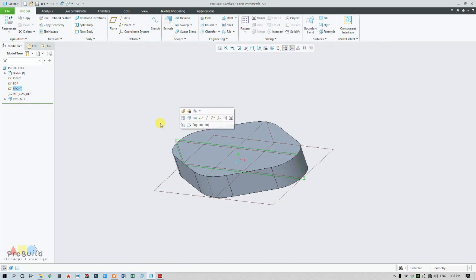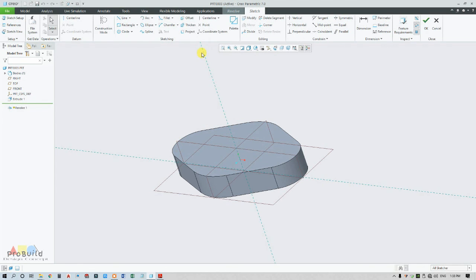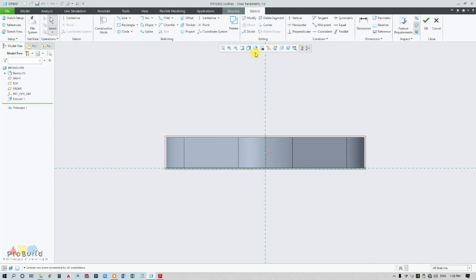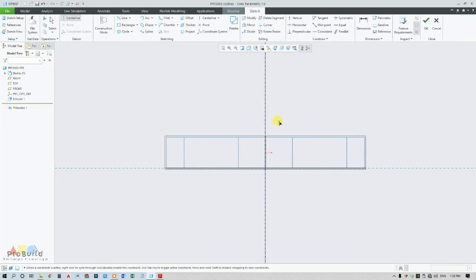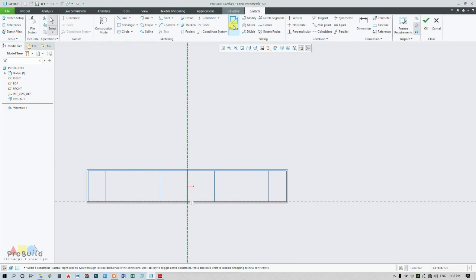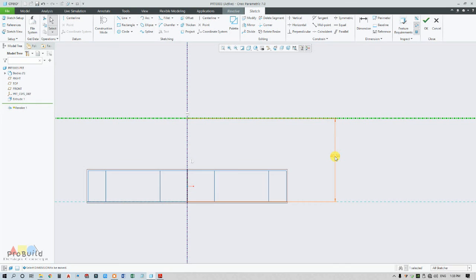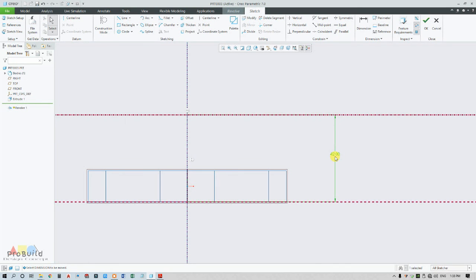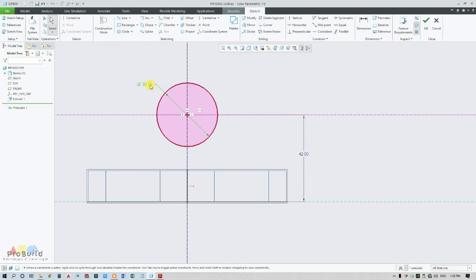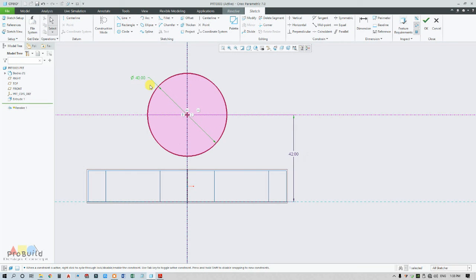So I shall select this front plane, go for revolve and make it 2D, change the view to hidden line. Now I'm going to draw the 3D center line and 2D center line here, and its distance is 42. Now draw a circle 40 in diameter, change the line.